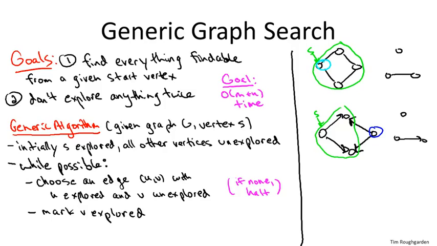So for example, in this example on the right, we start with the only explored node being S. Now, there's actually two edges that cross the frontier in the sense that one of the endpoints is explored, namely S, and the other one is some other vertex, right? There's these two edges to the left, two vertices adjacent to S. So in this algorithm, we pick either one. It's underspecified which one we pick, but maybe we pick the top one, and so then all of a sudden this second top vertex is now also explored. So the conquered territory is the union of them. And so now we have a new frontier. So now again we have two edges that cross from the explored nodes to the unexplored nodes.